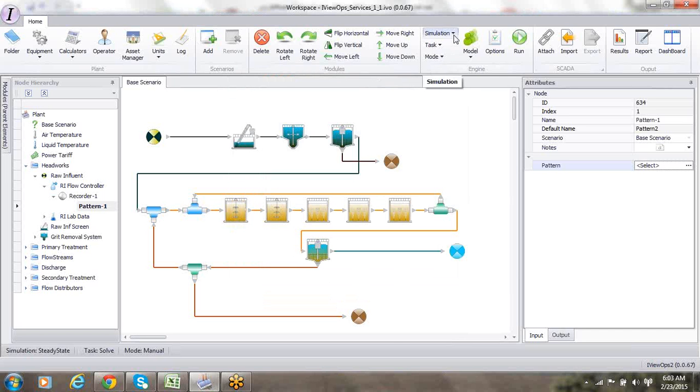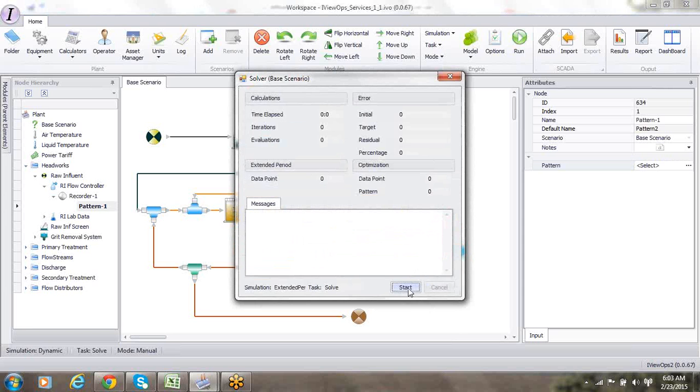Okay, that's done. Now we switch it to dynamic. We've already imported the values and we will run it. So if I press run, it should start running the dynamic simulation. It'll go through all the time steps,